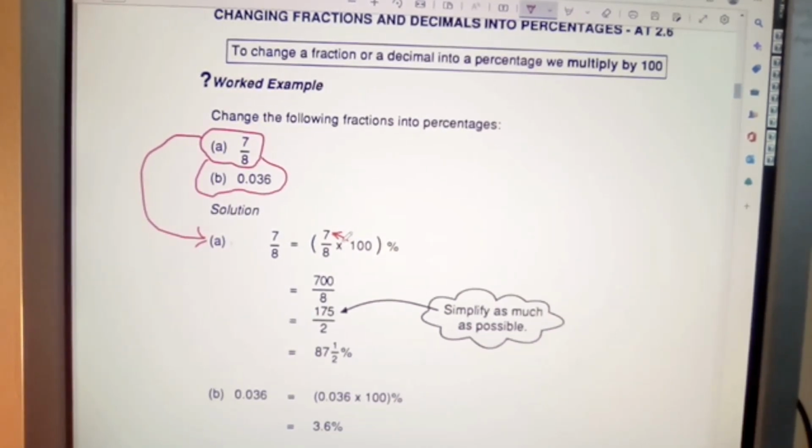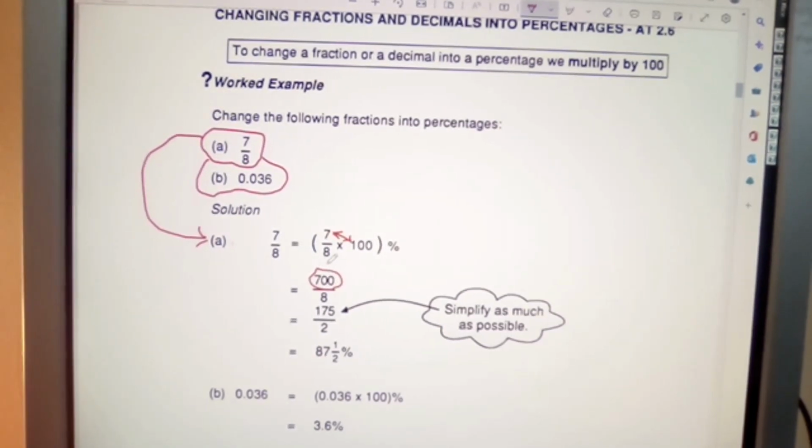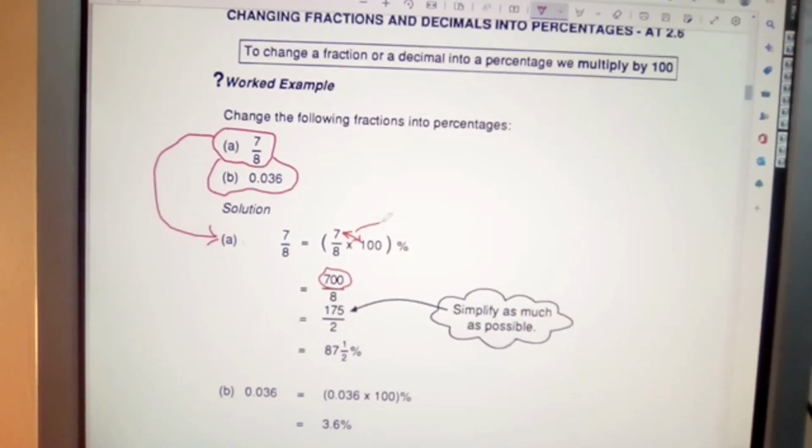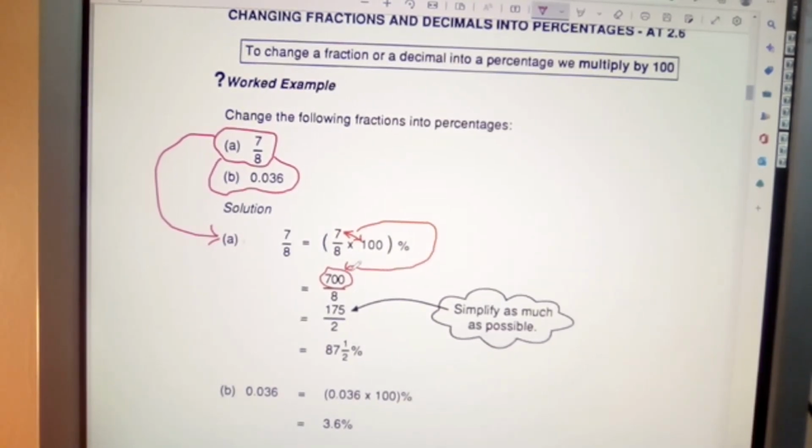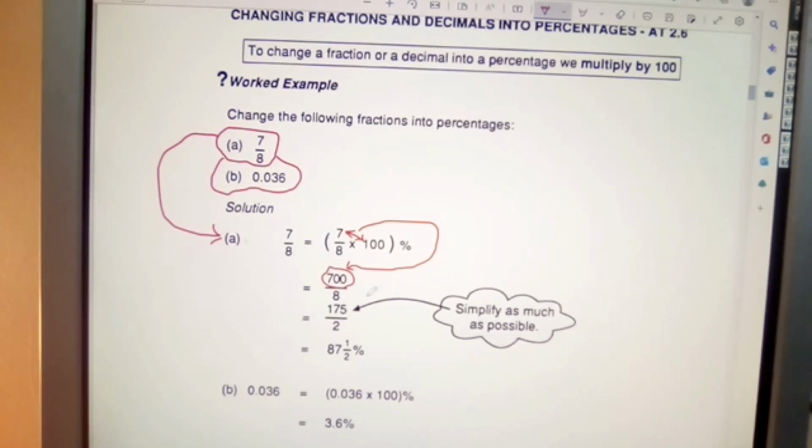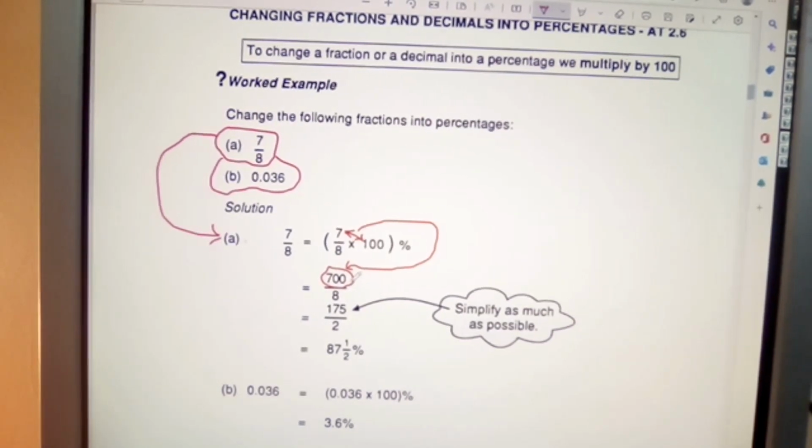That together gives you this 700 here, okay? So that comes from here, and that is now that. The 8 remains constant, okay? But what he's then done here, he's simply divided